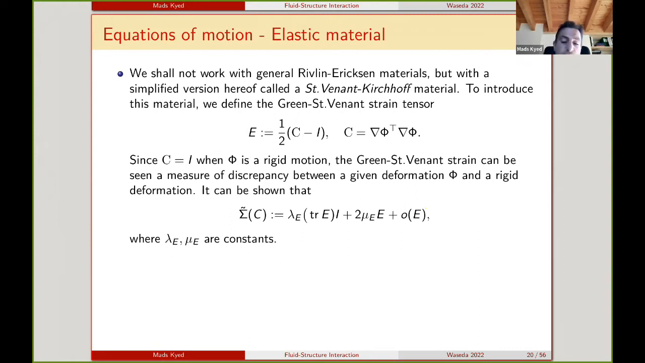response functions, and we end up with the response function you see down here: a constant lambda times the trace of the strain E times the identity matrix plus 2 times mu times the strain E plus, and this is the small o notation, higher order terms in the Green-St. Venant strain tensor. So the last bit here denotes higher order terms in E. Okay, so that's the St. Venant-Kirchhoff material, and